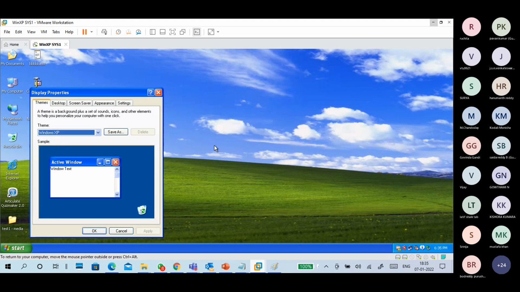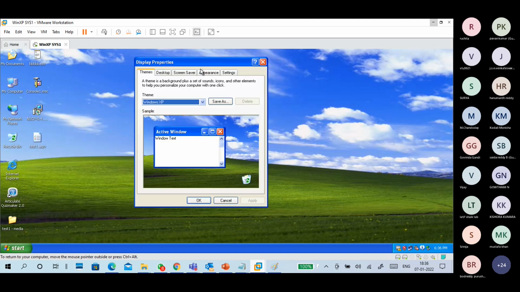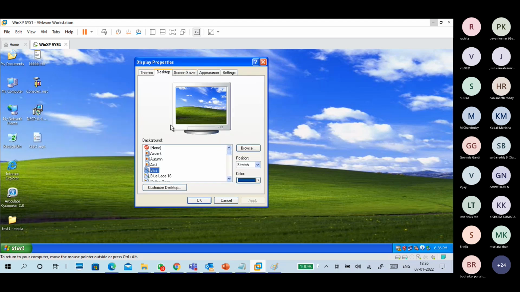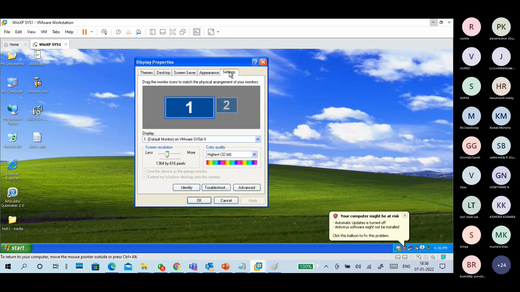Here you can go to the properties of the screen, desktop, screen settings. So this is a lesser pixel count, right? If you reduce it like this, see it is 800 by 600.